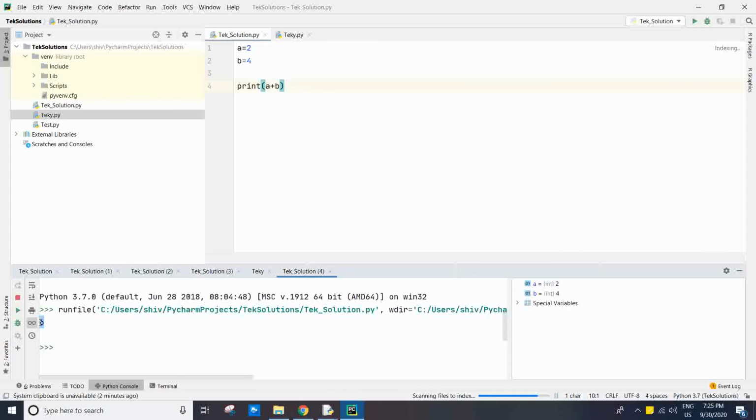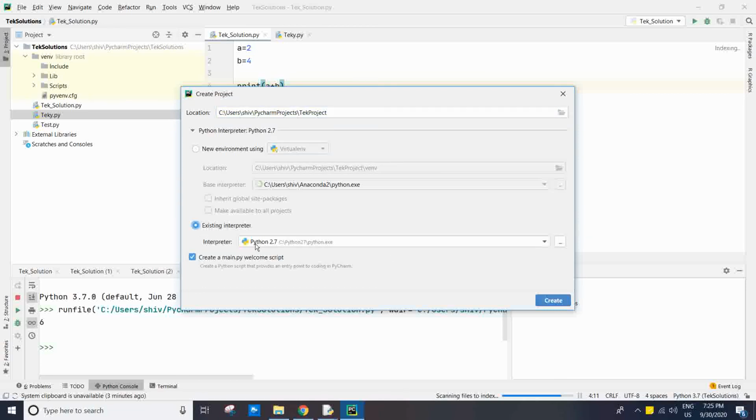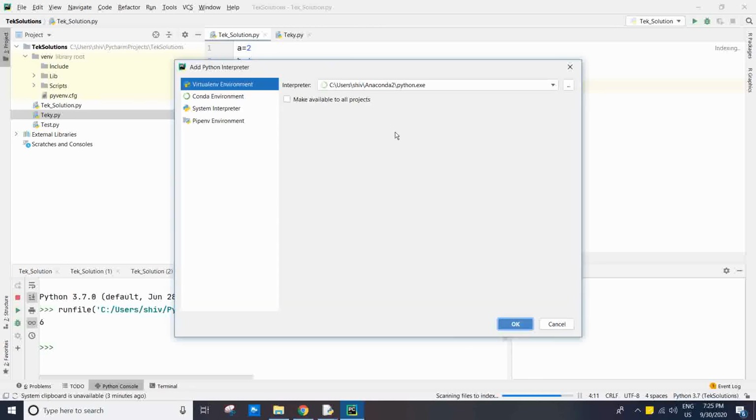Is it clear? If you're going to create a new project, file, new project, and give the name Python Tech project. If you want to switch the interpreter, currently Python 2.7, you can change it from here also if you want a different version.